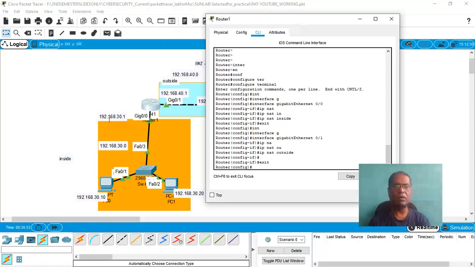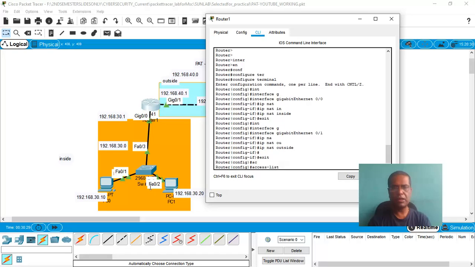Now all the machines in this 192.168.30.0 network will be grouped under access list 10, that is the standard access list.